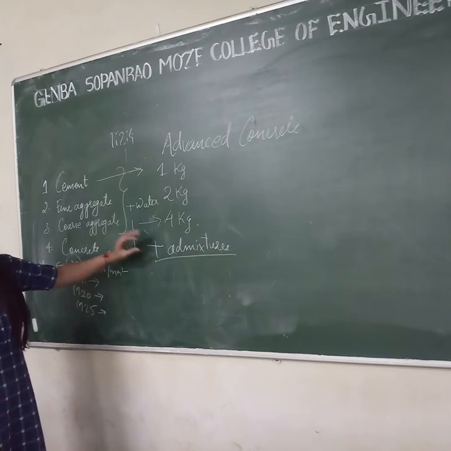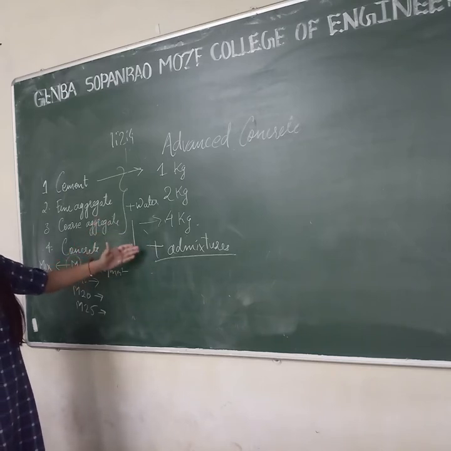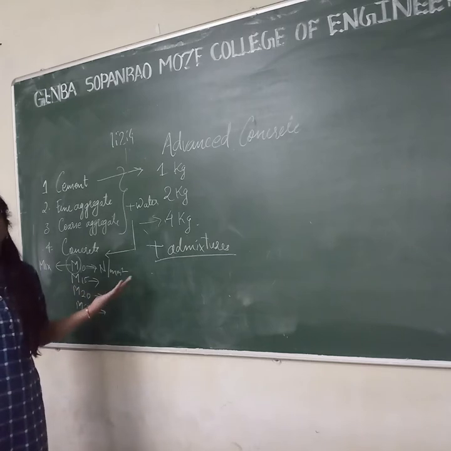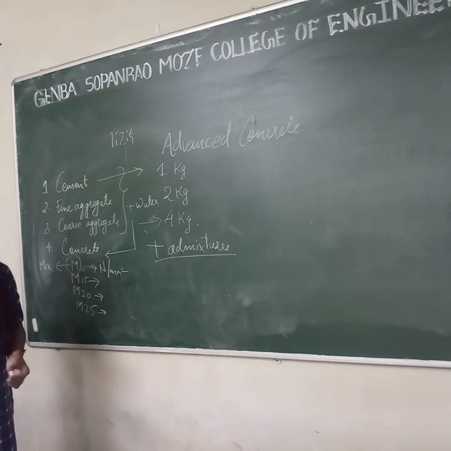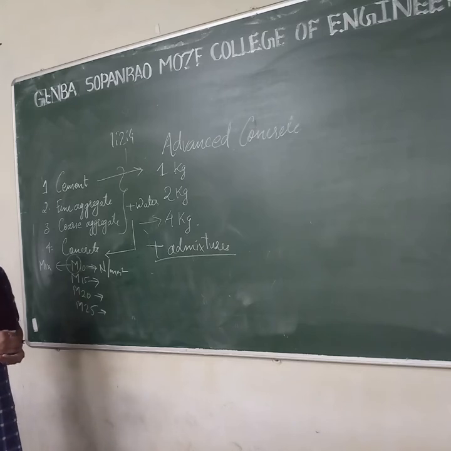So how will you replace the water requirement for that concrete? You can add some admixtures. High-range water reducer admixtures you can add to fulfil the water content in the concrete. The water should be replaced by an admixture. Okay, what is the role of admixture here? You have added less water to your concrete and you have replaced that water by the admixture, so you will attain the same properties.